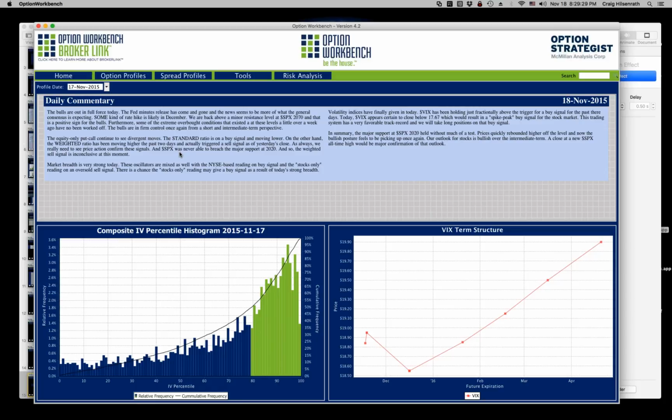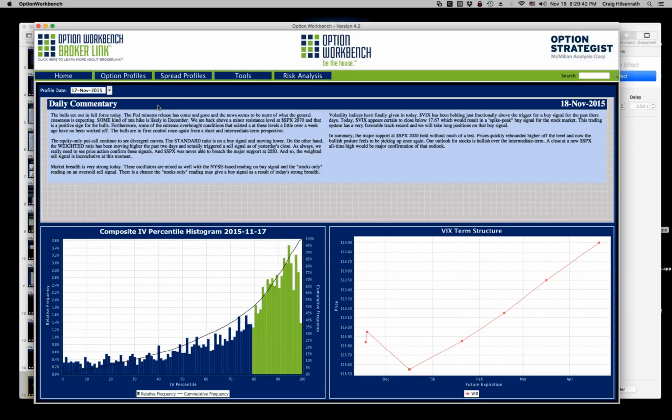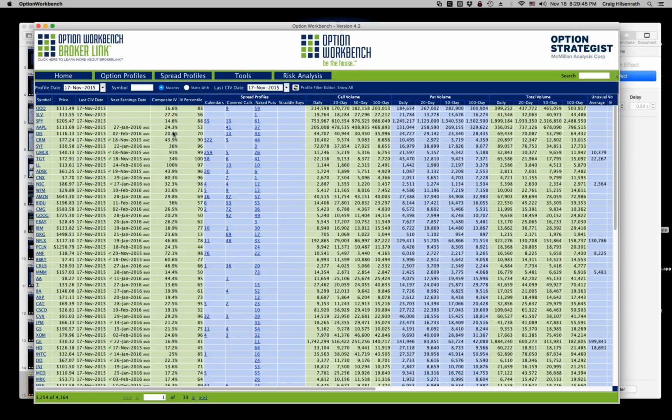So step one with any kind of discovery activity, which is what I call it, is to identify the potential trades. So in this case, I'm going to go to the option profiles, and an Option Workbench profile, in general, is a set of properties that describe either the key aspects of the trading activity for some asset, or the key aspects of a particular strategy.